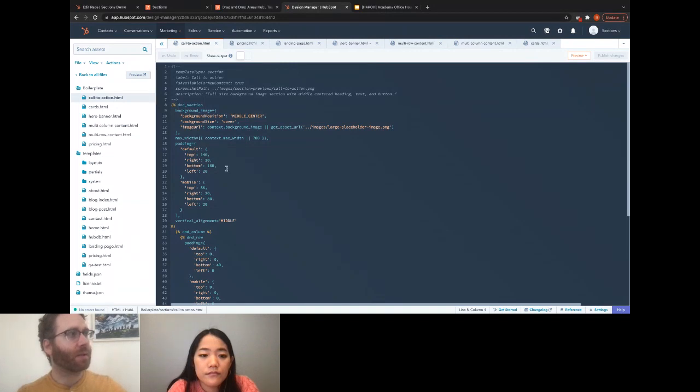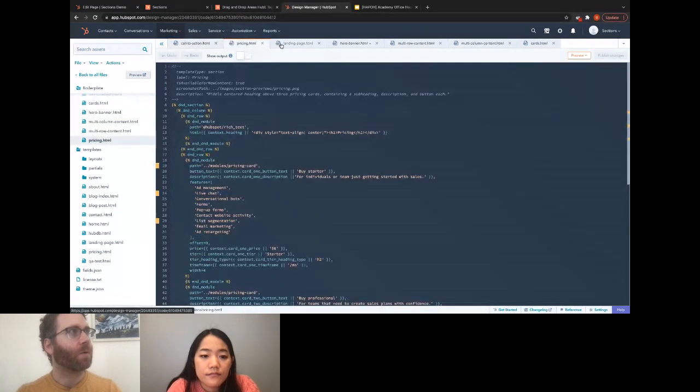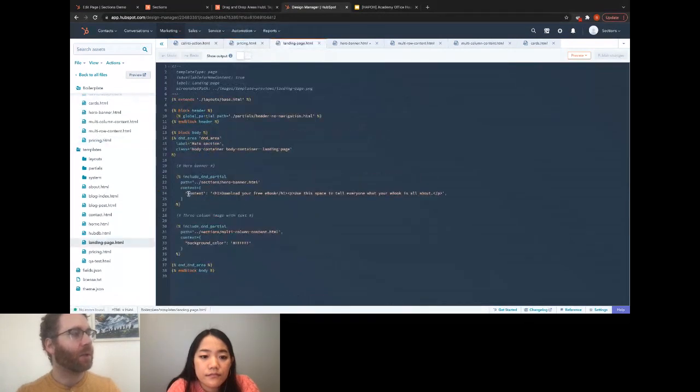Sections can be styled with padding and background image, by passing in these arguments that you see here, background image, and these would kind of be the default values, the padding. The best way to preview a section would be to add it to a template. So like on this landing page, this is now a page, not a section, but you can see the section is included. So the best way to preview a section is to add it to a template and then to